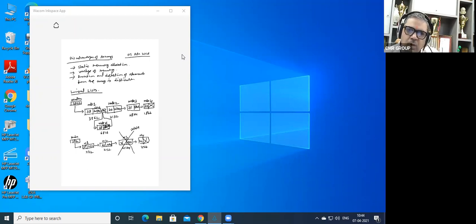What I have to do now is link node 2 with the next node. Node 3 is deleted, so for node 2, what is the next node? Node 4 is the next node. Are you getting the point or not? So what should be replaced now? 4844, whatever is there, has to be replaced with the address field of node 4, which is 1866. That's all. We are going to see in the programming how it is going to be done.